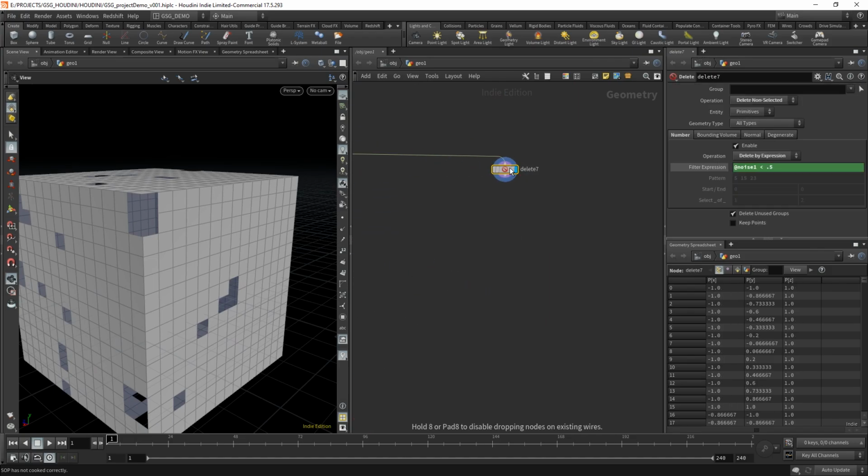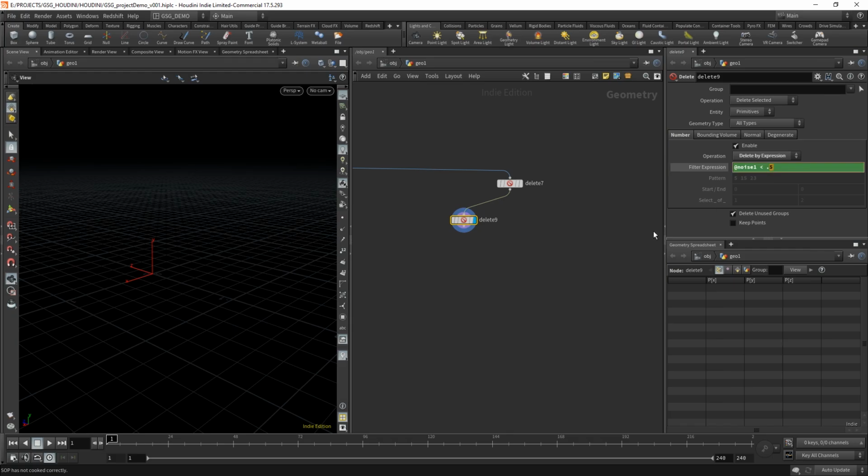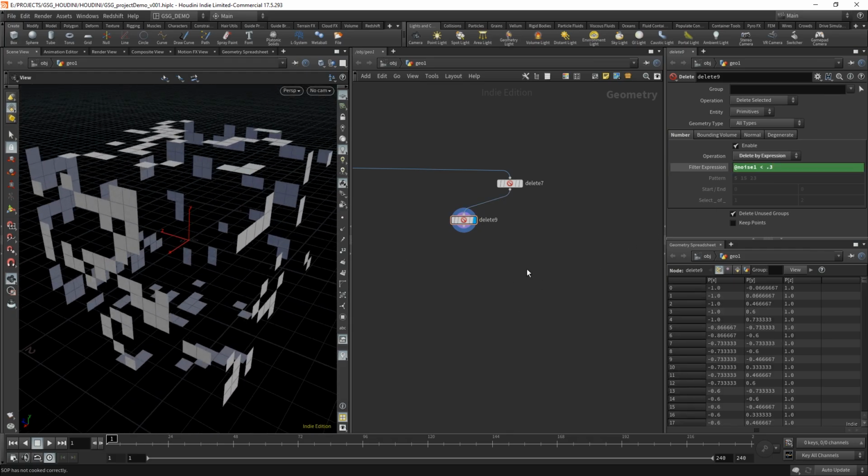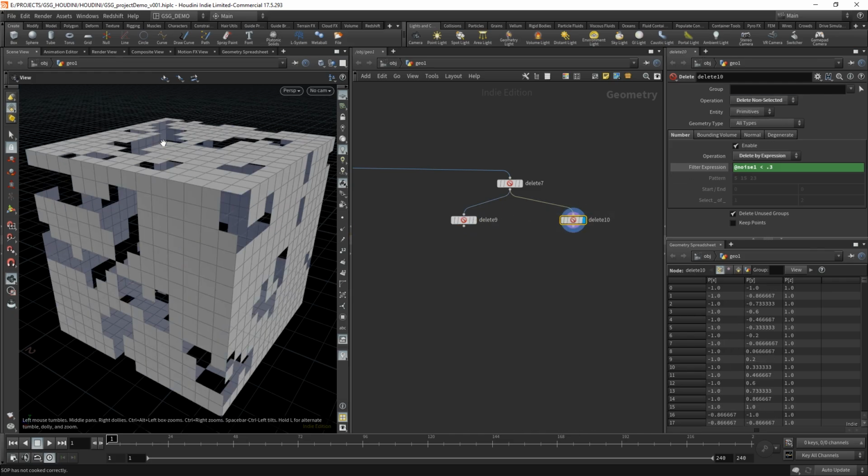Let's do another stream here. So I'm just going to duplicate this. We're going to say delete selected, and this is going to be delete everything less than, say, 0.3. That's cool. It'll work pretty well. Let's go ahead and duplicate this stream, slide it over here. We'll say delete non-selected just to keep our block